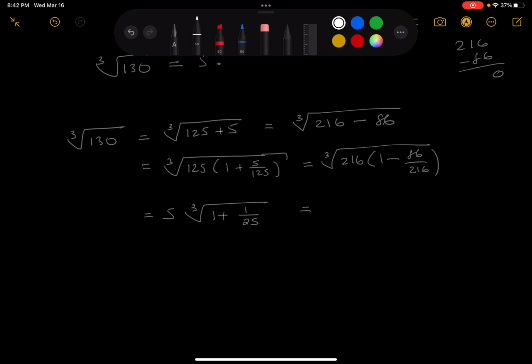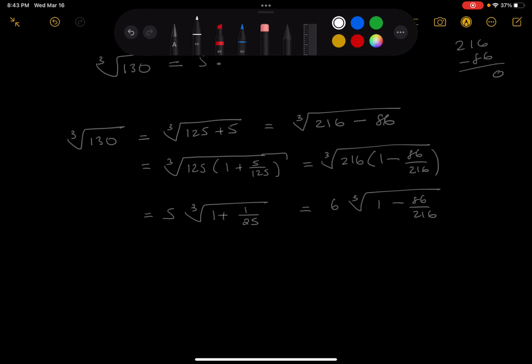And this one over here, the cube root of 216 is 6. Cube root of 1 minus, you know what, that number there,